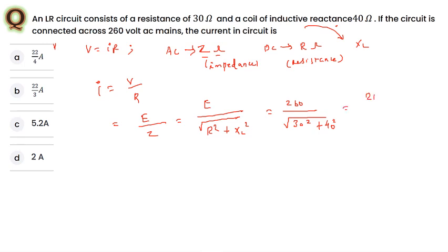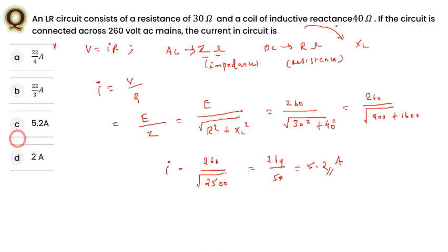See from this one, 260 divided by 30 square, that is 900, and 40 square, that is 1600, and a whole square root. 260 whole divided by 2500 square root. Again 260 divided by 50. Now you just cancel it here. What you are going to have here is 5 times, and this one here is 2. So what we got here is the current. What they have asked is the current in the circuit, so the unit in this case is ampere. So the answer is